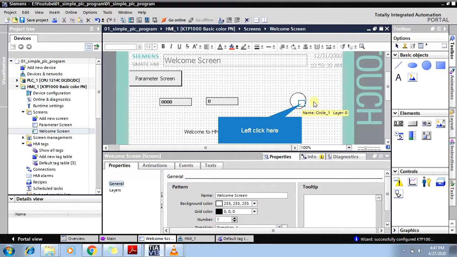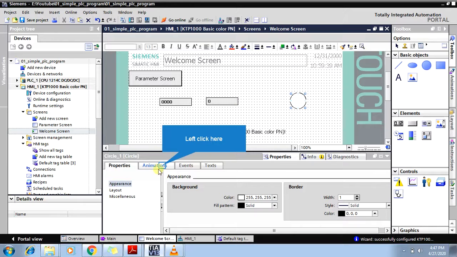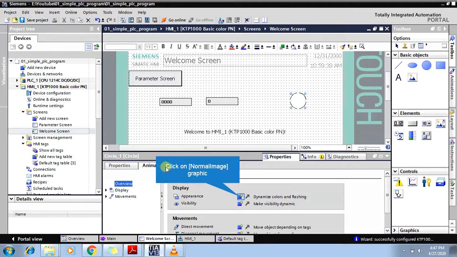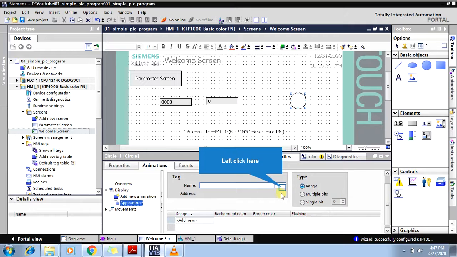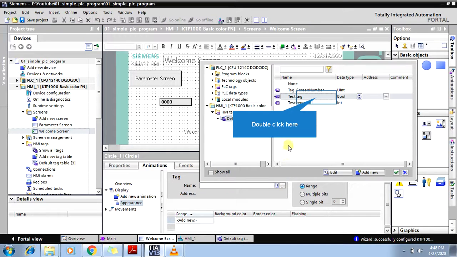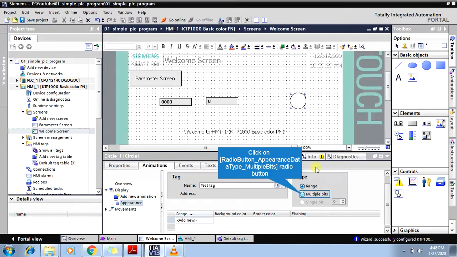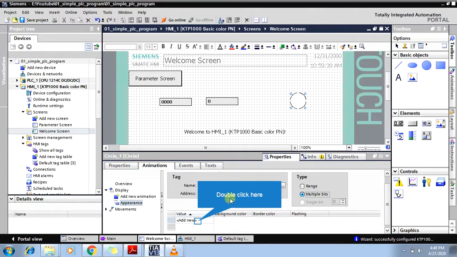In the circle, we will animate this circle using this boolean tag. Click on it, go into animations, appearance, give the tag, select multiple bits,